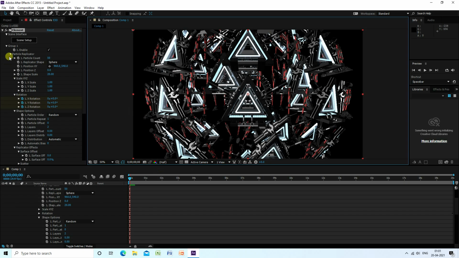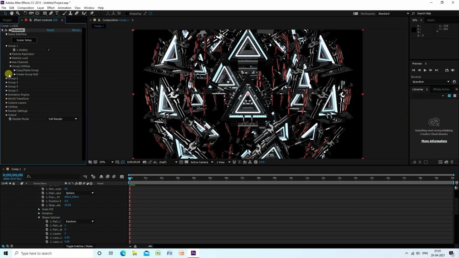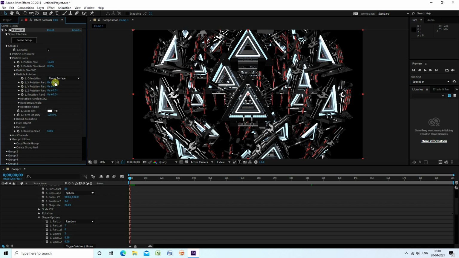So guys, unfold all, and this time I go to Particle Look. Go to Rotation, Particle Rotation. And see guys, I also create this particle rotation effect. So that's my X rotation particle, check, Y check, and Z check.